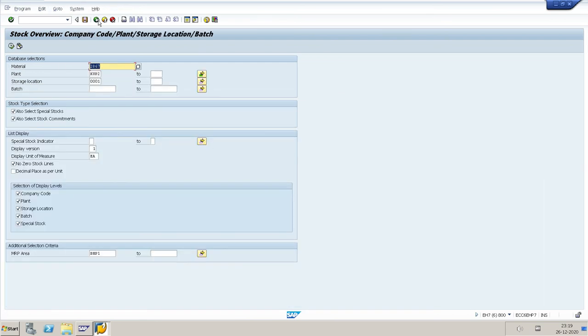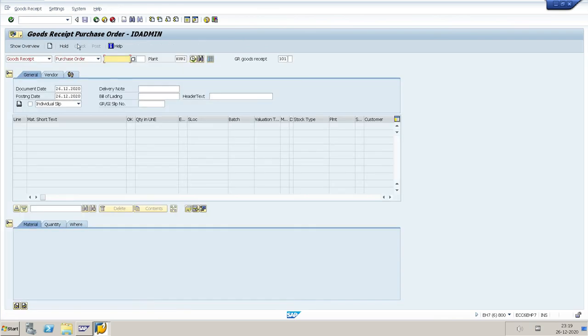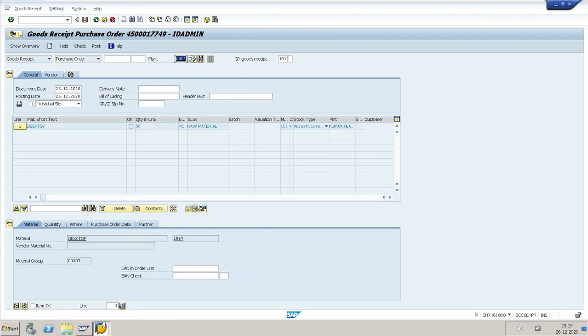Now plant 2 will receive the material using T code MIGO. The PO number is mentioned here. Plant should be 2, which is the ordering party. Enter. They ask for 50 numbers. Mention the 50 numbers.